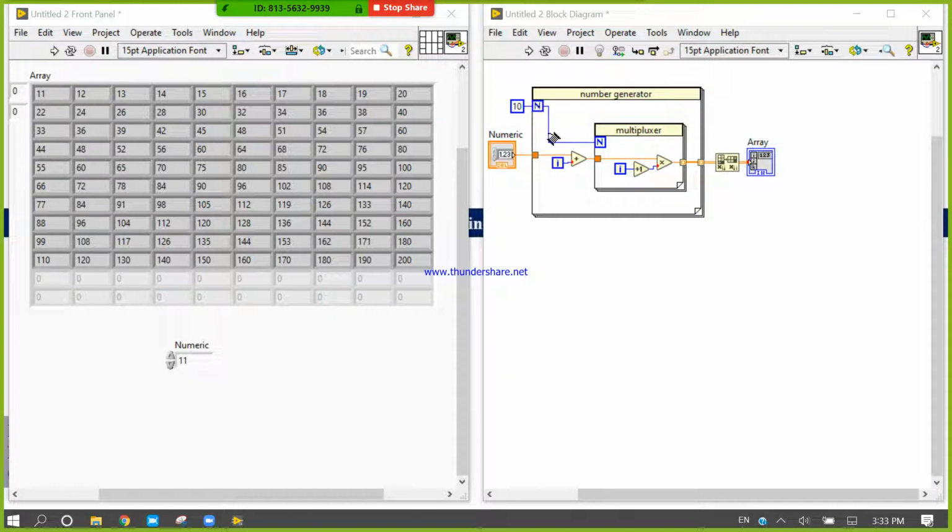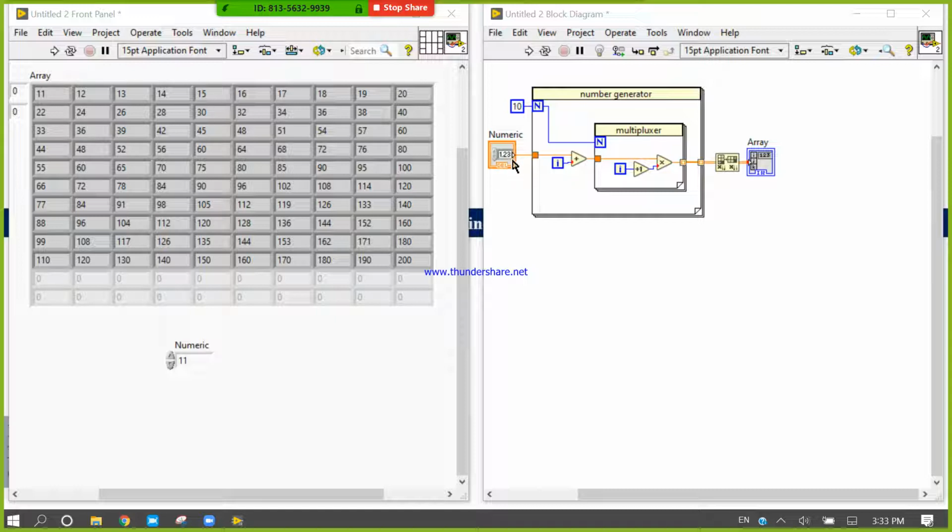By using this we will generate numbers. Here this loop will run 10 times and every time it will generate 0 to 9. Suppose here I am giving the number 5.